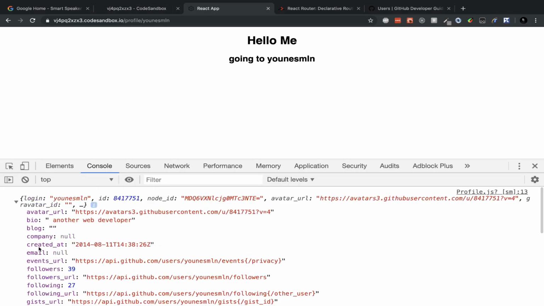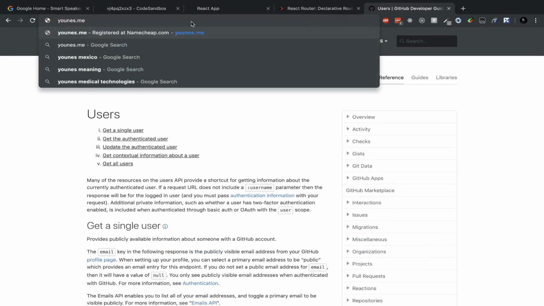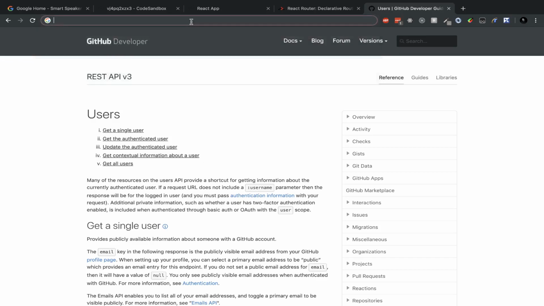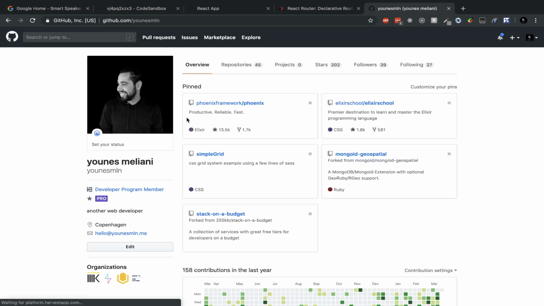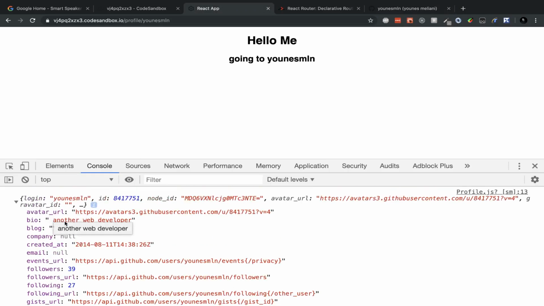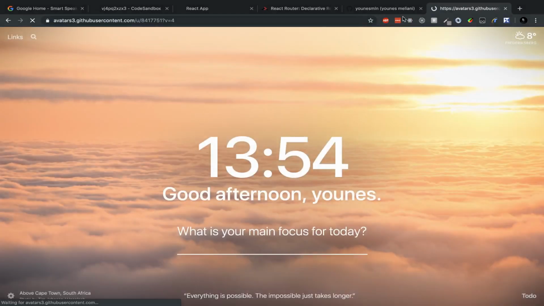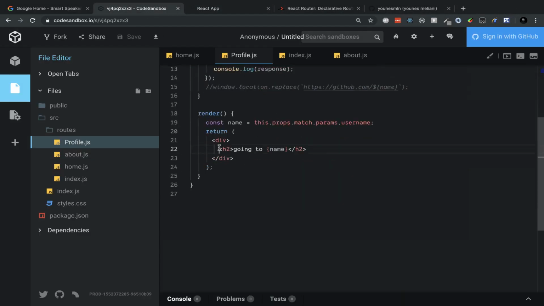So we have the data here. So an idea could be doing this. No. GitHub. So we have all the data. We can technically build a page like this now, because we have all the data here. So you can even see this one. It's my avatar URL. So what we can do is, let's say here we say div